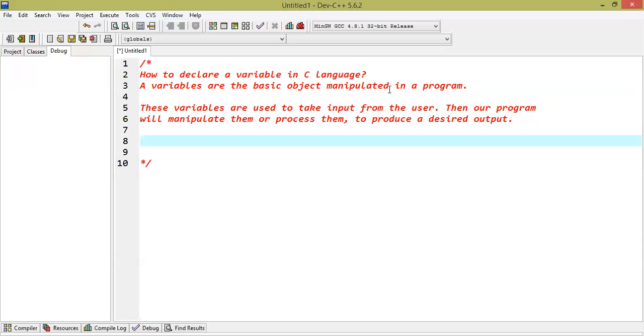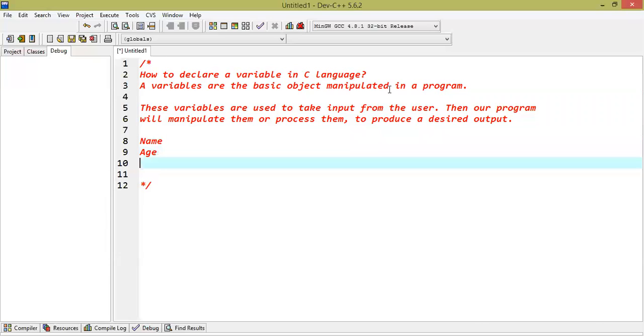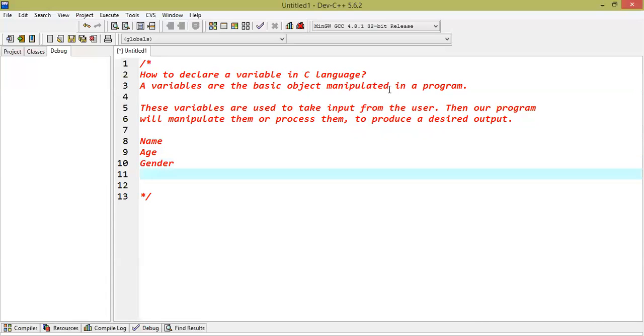Suppose you're filling an email form. You want to create an email account. At the very first, it's going to ask about your data, about your name. Then after that, it's going to ask about your age. Thereafter, it's going to ask about your gender. And then if I keep it limited, about the data in a web form, then it's going to ask about your phone number. Normally we give our mobile numbers.